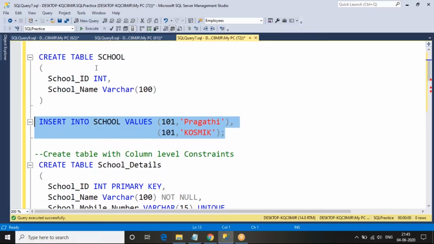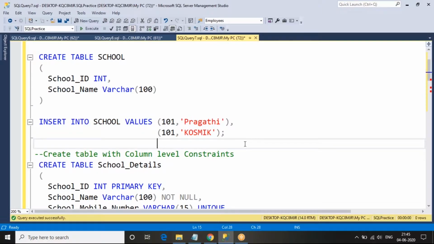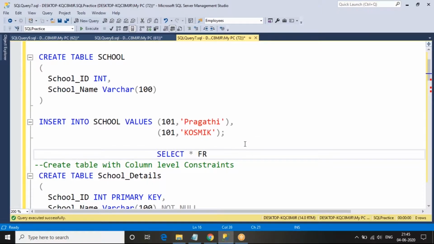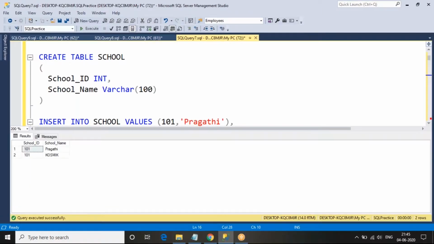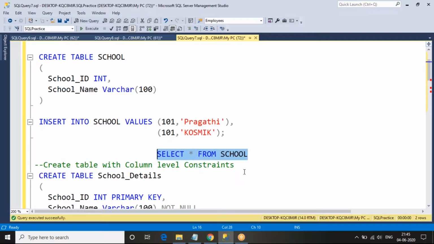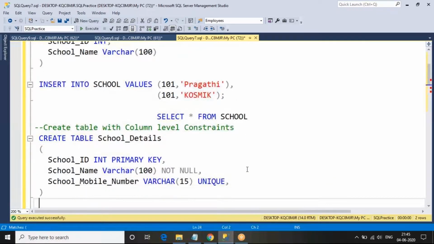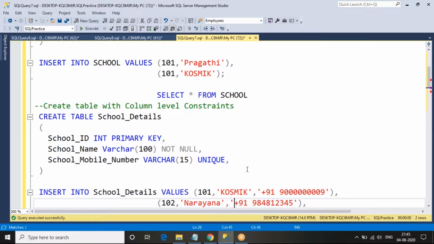Now, first table without constraint: school ID integer, school name varchar 100, and I have inserted the data into the table by using the same school IDs with different school names. The data was inserted into the table without any error. So in this school table, can we have uniqueness of data? No, we can assign the same school ID with different schools. So this data is not correct to maintain the database. There is no data accuracy, there is no correctness of data.